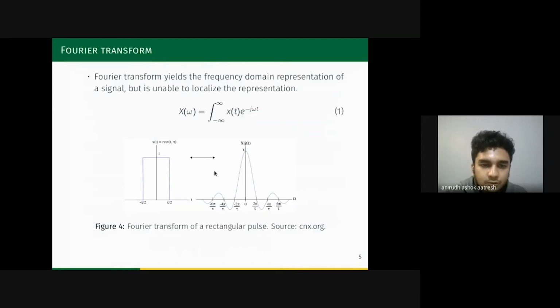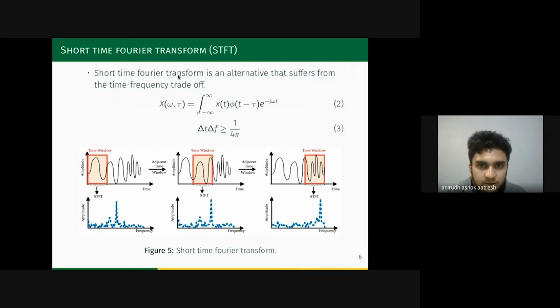Because the Fourier transform is unable to localize in the time domain or spatial domain, the short time Fourier transform was introduced. The short time Fourier transform is basically like you consider portions of the signal and find its corresponding Fourier transform.